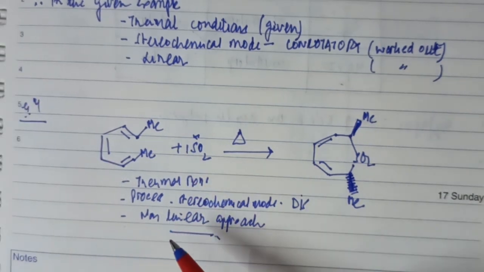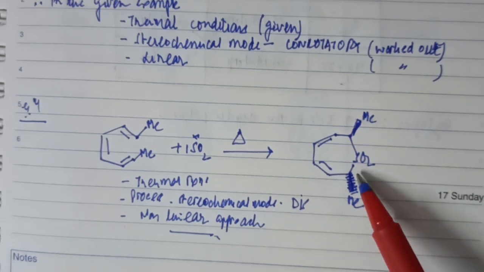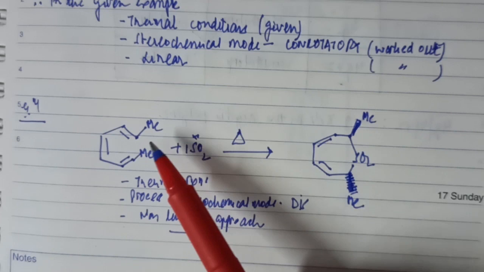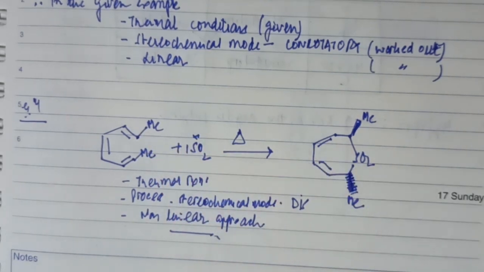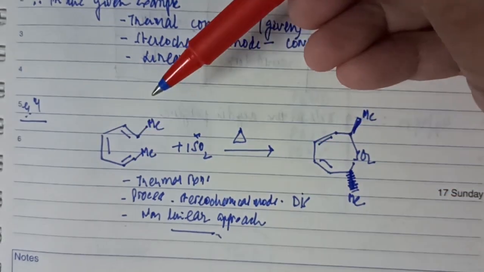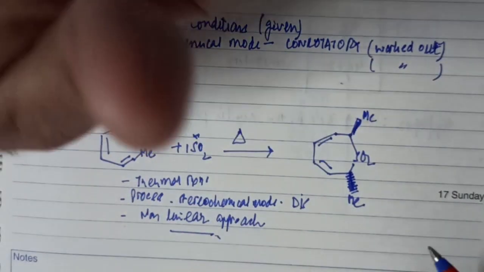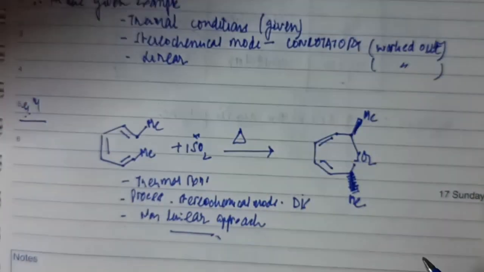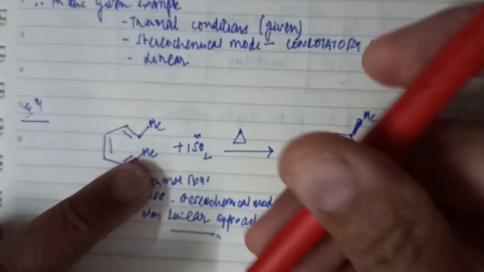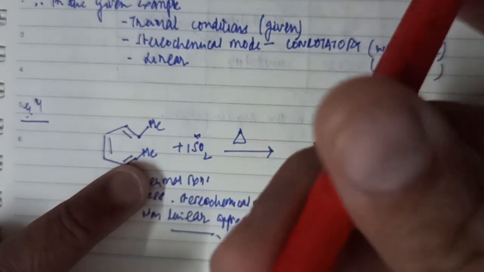We talk about both the approaches, the linear and the non-linear approach, but first we have to figure out the stereochemical mode, whether this ring is closing in a conrotatory fashion or a disrotatory fashion. Now, for this to happen, this methyl is towards the right. In the product, this methyl is going up. That means this particular lobe should be closing in this fashion. Okay, this methyl, which is on the right here, in the product is going below the plane. This will only go below the plane if this moves like this. Therefore, this lobe is moving in this direction.